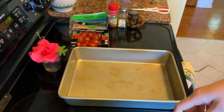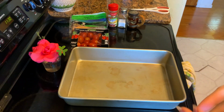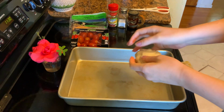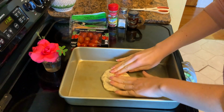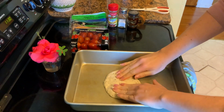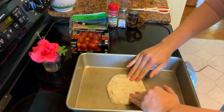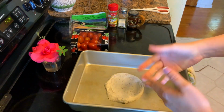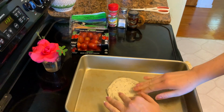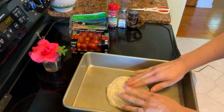Actually it's a non-stick, some sort of non-stick pan. I think it's PFAS free or something like that? I don't know. Anyways, so I'll just spread out the dough in the pan, or you could use a rolling pin, but I'm fine with doing just this. And I like to just do it in the pan so I don't have to move it, and I don't want the toppings to fall off or something like that. So anyways, then